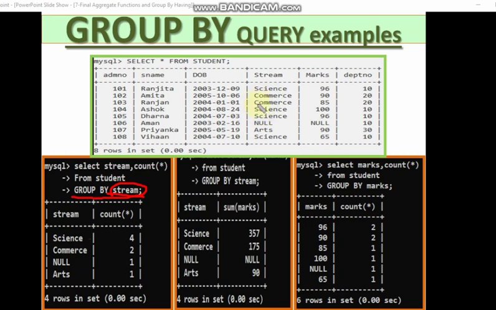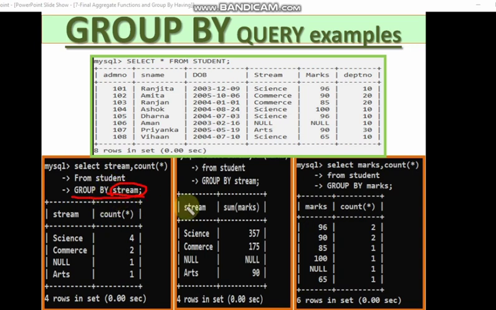See, 2 commerce here, so it is given 2. Now null. This group by also considers null. Just now we saw in the previous slide that null is considered as a separate entry. So there is only one single null value. And arts also, only one time arts is given, so one here.